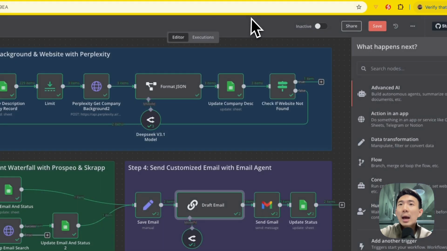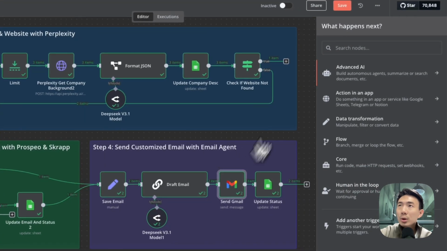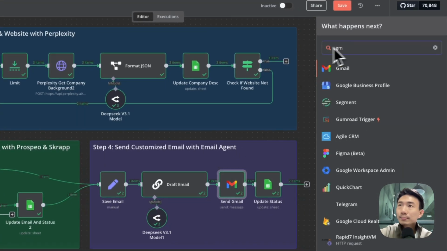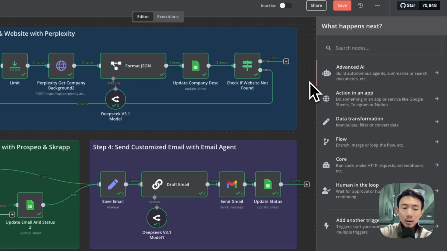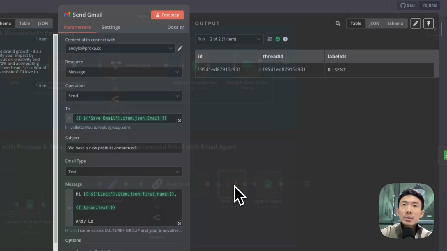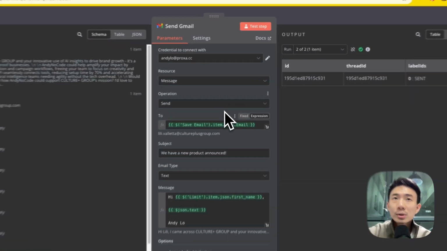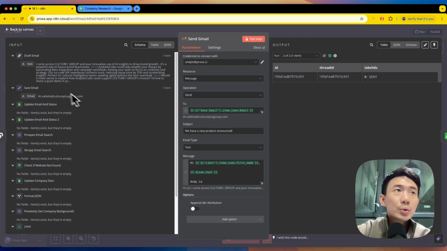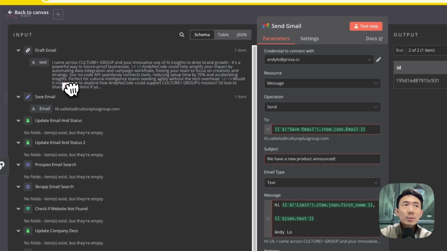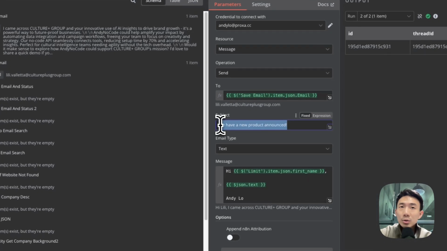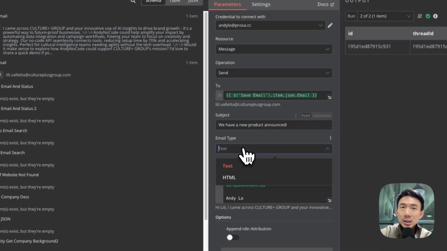Okay. And then this node we're going to search for Gmail. And then we're going to send it. Connect with your credentials. We will choose send email, item JSON email. Just drag and drop this one. Okay, drag and drop this one. Subject line, you can just choose your own. Email type, we choose text. Hi, and then for the